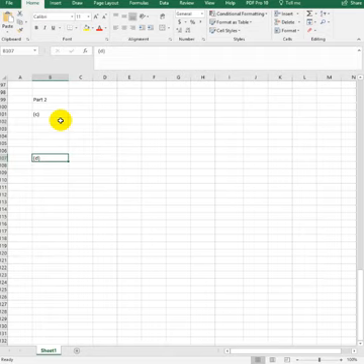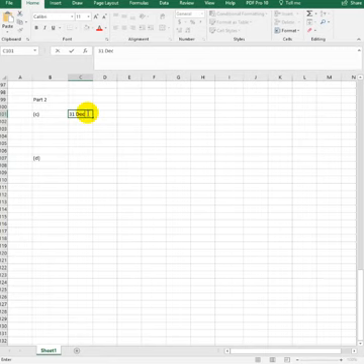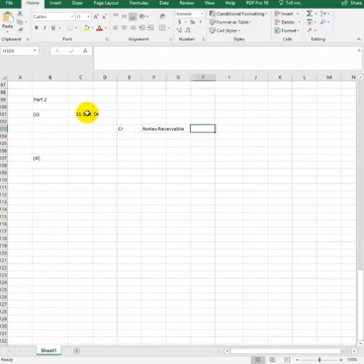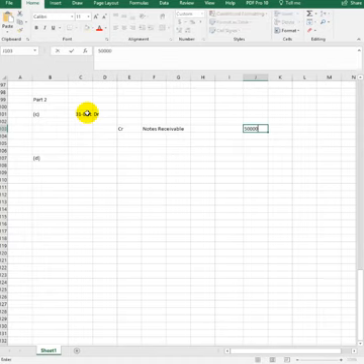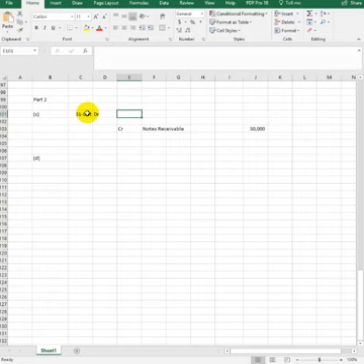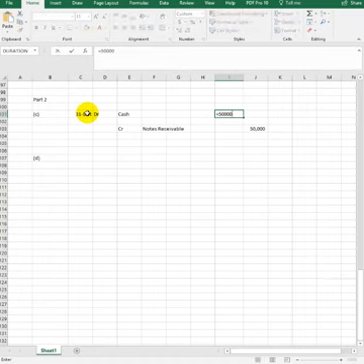So, first transaction, this is at the 31st of December, so we can start with that. And we sold the notes receivable, so presumably the notes receivable is going away, and that was for $50,000. So it's gone. We got some cash because they sold the note receivable for $50,000 in cash, plus accrued interest. So the cash is going to be 50,000